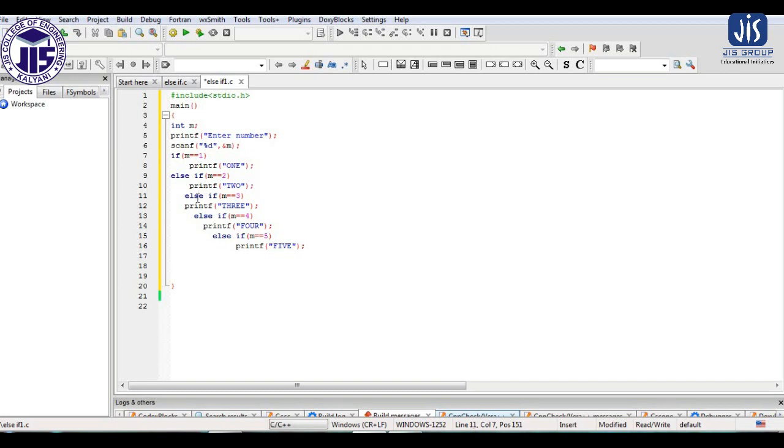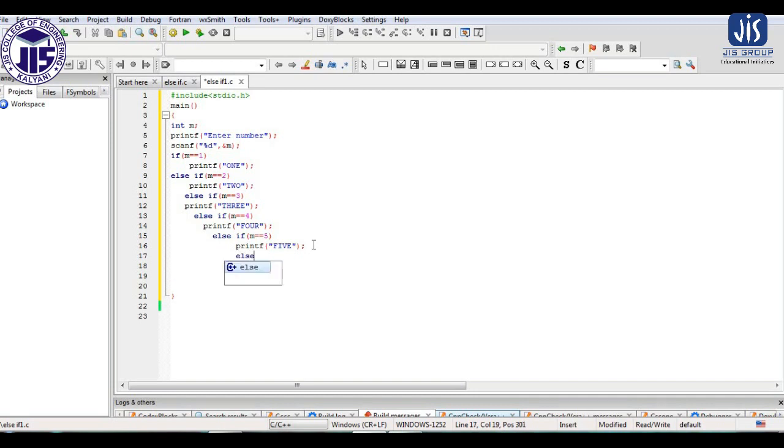So all the if conditions will be tested only if the previous condition is false. M equals 5 will be verified if the previous condition m equals 4 is false. Similarly, m equals 4 will be verified if m equals 3 is also false. In that way we can write, and at the last we can write only else.